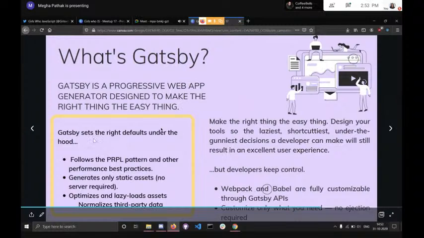So Gatsby saves a lot of time by simply setting the right defaults under the hood. There are PRPL patterns, and there are so many settings that it sets by default. Like there is a static asset generator available with Gatsby that requires no server, so it sets that by default.